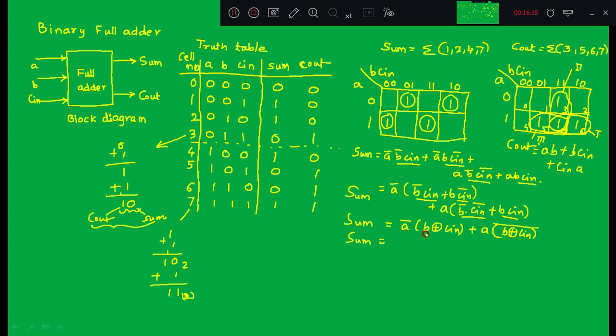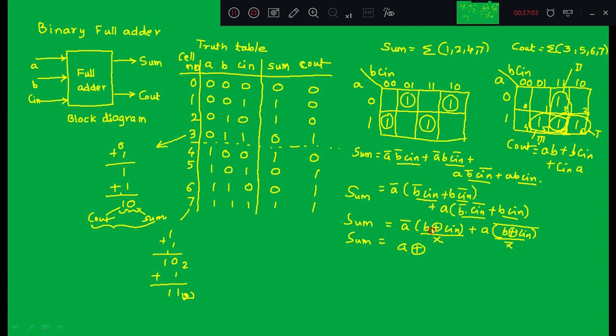So this will be of the form A bar and this term. Say if I call this term X, this will become X bar. What is this? A bar X, A X bar. So this can be written as A XOR X, A XOR this term.